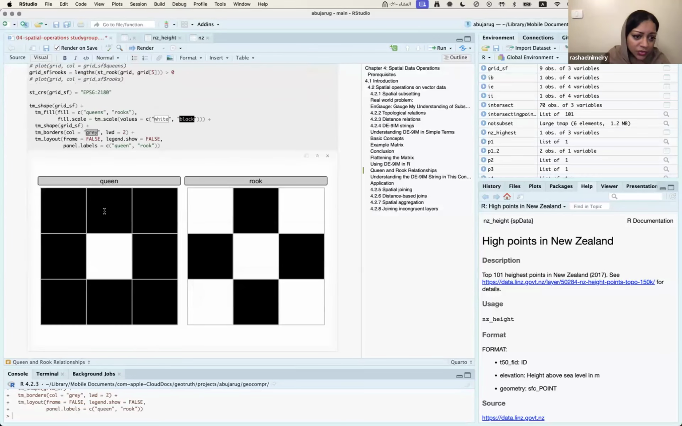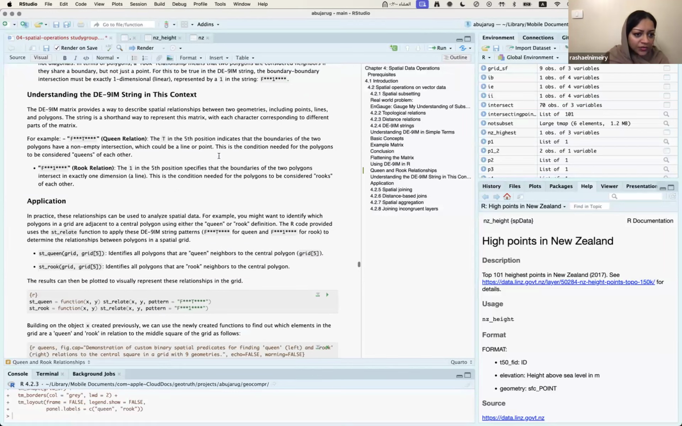Okay, so just for visual, this is kind of the same thing as in chess. So the queen can move in all of these directions. The rook can only move diagonal. Okay. And the point of this is that